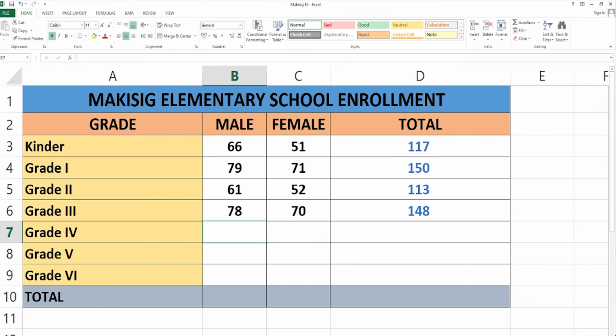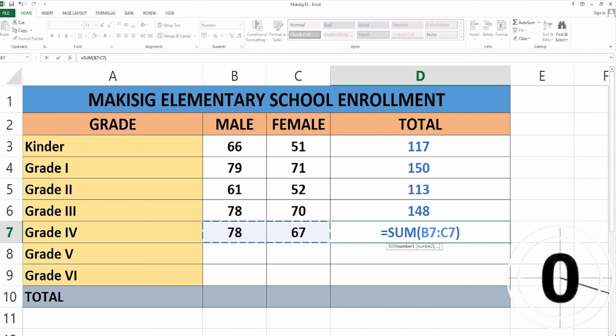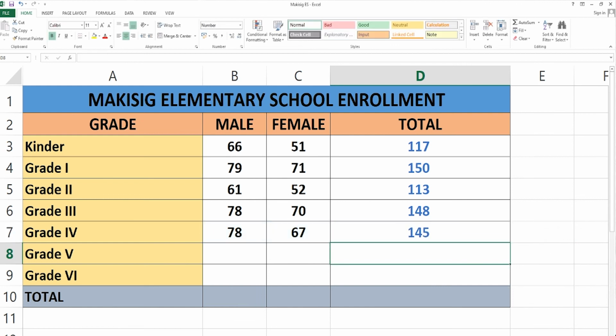Very good. The grade 4 class has 78 male and 67 female. What is their total enrollment? For grade 4, the total enrollment is 145. Very good. The grade 5 class is composed of 72 male and 61 female. How many are they in the class? The total enrollment for the grade 5 class is